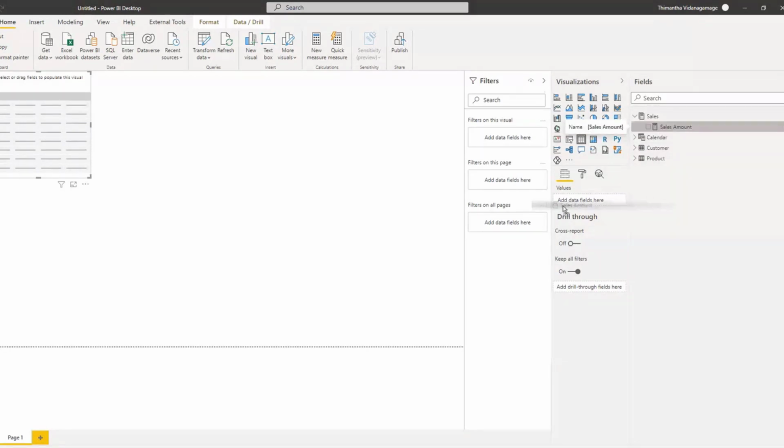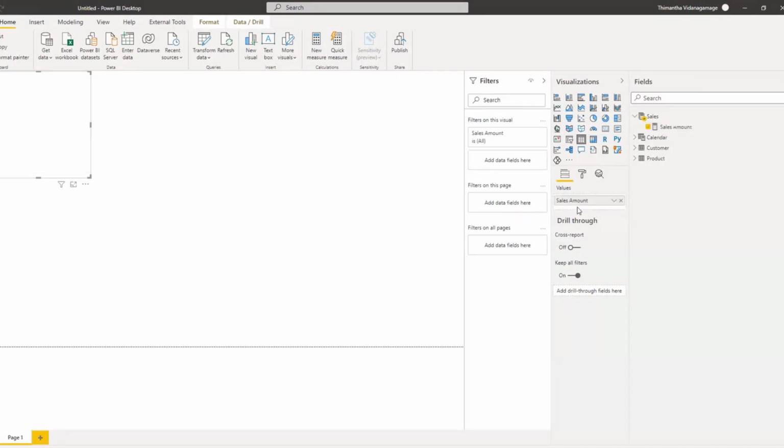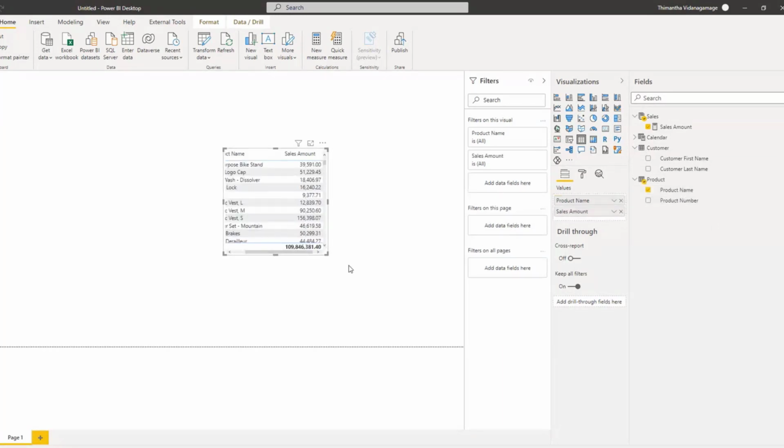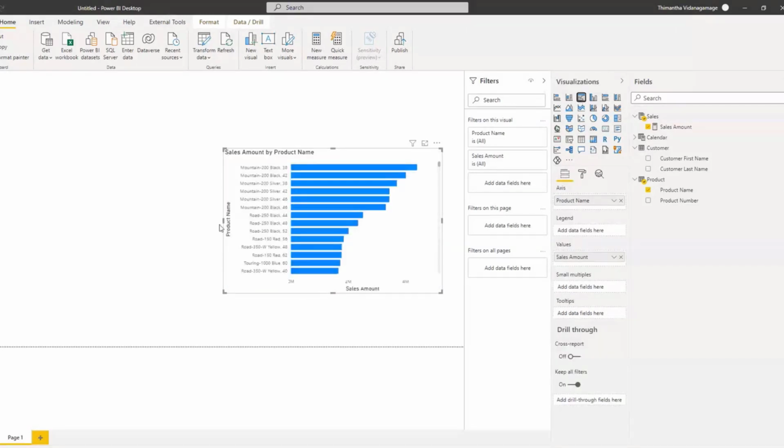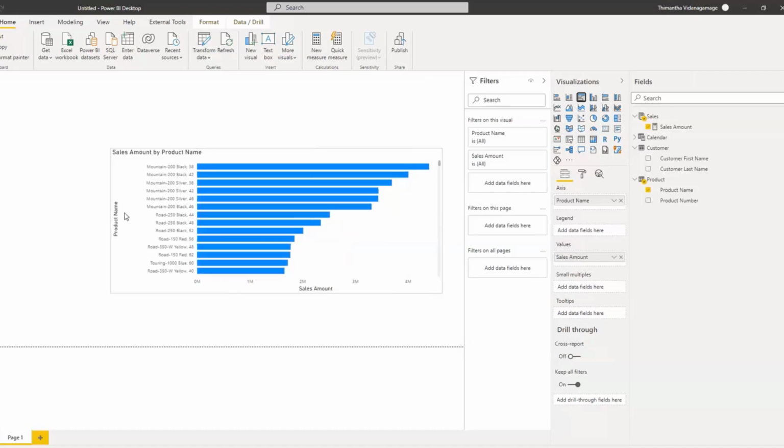So I'll just use a table and select the sales amount. You can see the sales amount is coming in now. And I would analyze this by product sales. I would drag and drop product sales as well. So you can see the analysis by product sales, and you can also put in some bar charts and do some analytics with it now. So we have created the final output of this session.